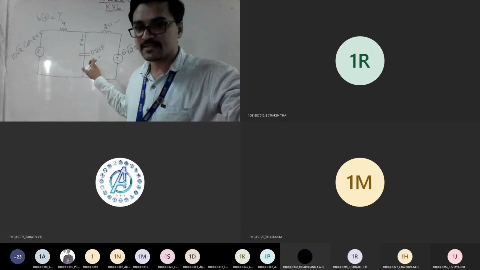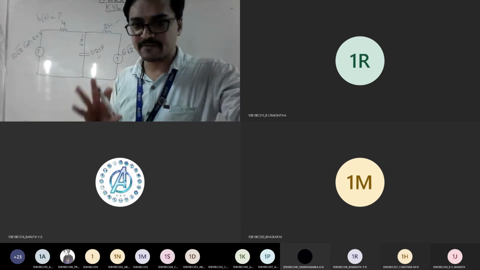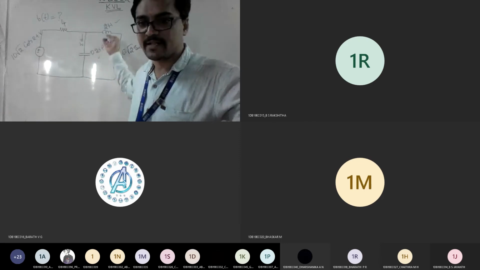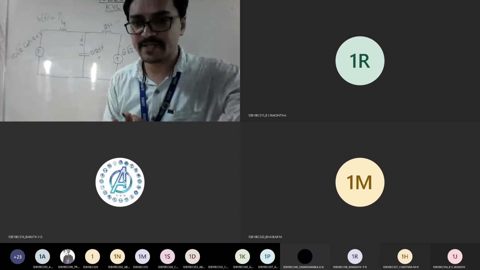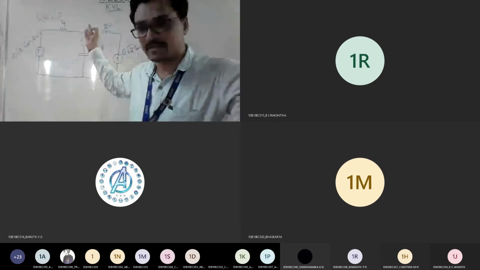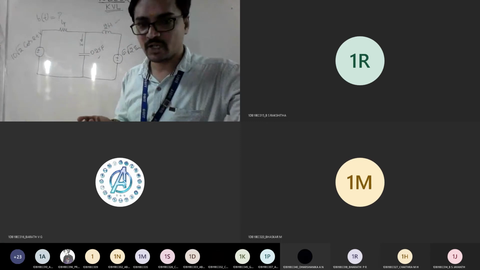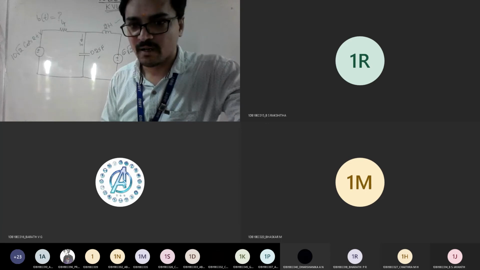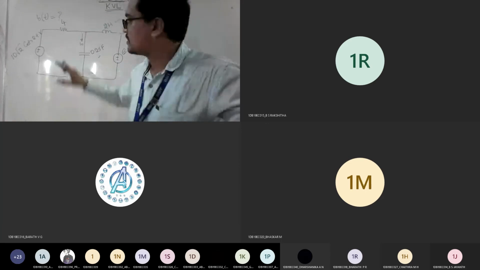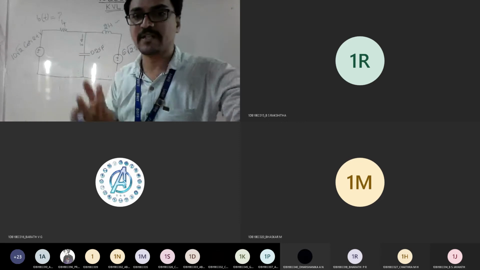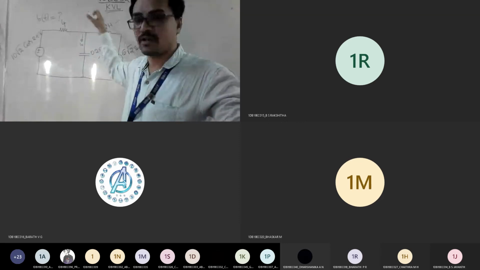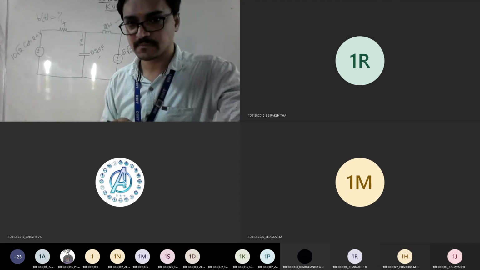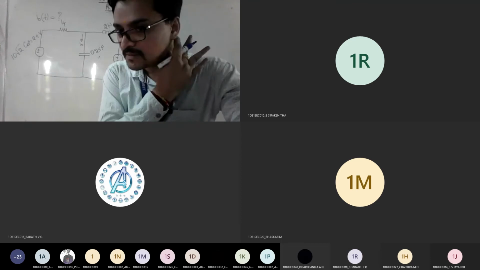See, this is the problem we are solving. There are different types of methods. Don't expect the same every time. They may give a capacitor here, an inductor here, a resistor here. The alignment may be different, but the concept remains the same. So don't feel that such problems are not given later on. I told you, if I solve thousands of problems, in the exam you will get the first problem a thousand times. It means the method is not changing, the concept is not changing. The alignment of your passive and active elements will be different. Maybe you will have one more mesh of rhombus shape. Whatever they give, stick to the procedure. Am I clear? Yes, sir.